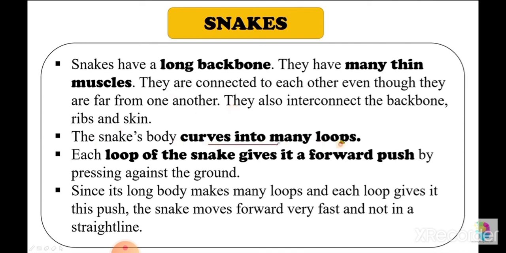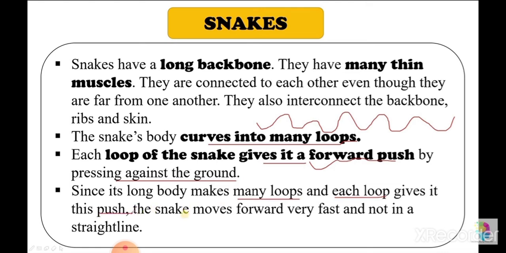The snake's body curves into many loops. So snake moves forward by forming these kind of loops. Each loop of the snake gives it a forward push by pressing against the ground. Since its long body makes many loops and each loop gives it this push, the snake moves forward very fast